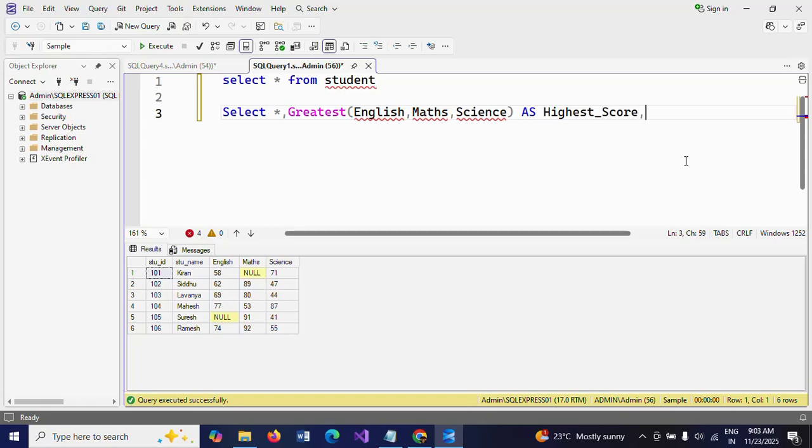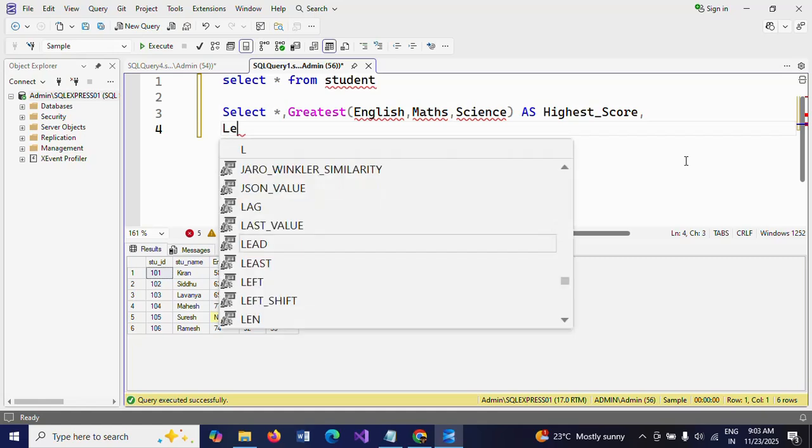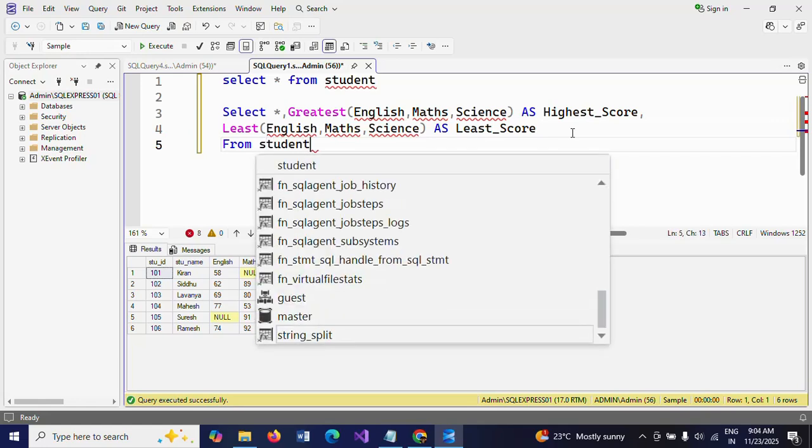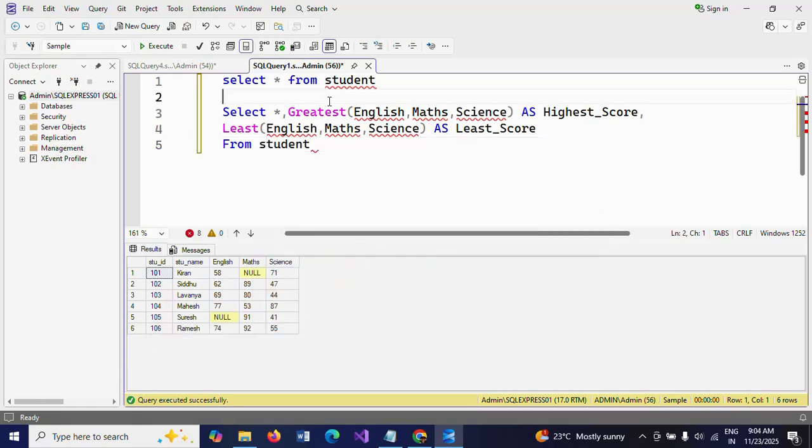Now I am applying the LEAST function, least of these three subjects, English, maths, science, as least score, from my table named student. If you execute this query,